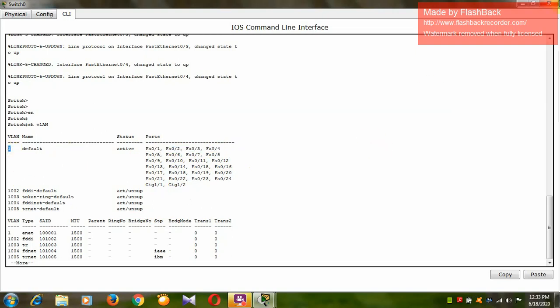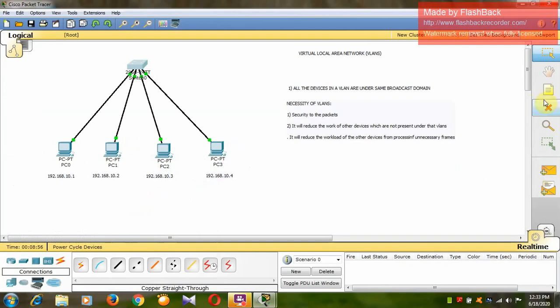Okay, so if I consider this as my production department, these two PCs are under the production department, and these two are under the sales department.